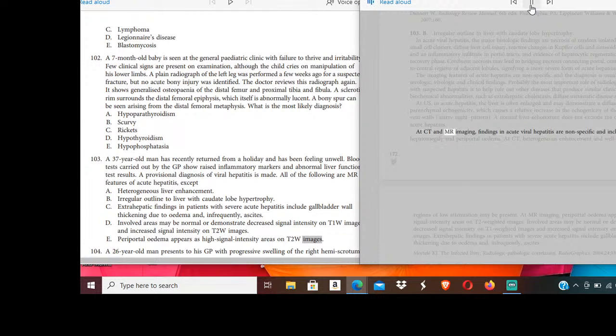At CT and MR imaging, findings in acute viral hepatitis are nonspecific and include hepatomegaly and periportal edema. At CT, heterogeneous enhancement and well-defined